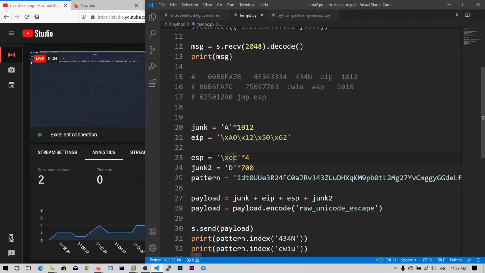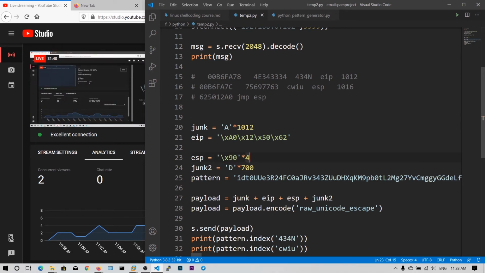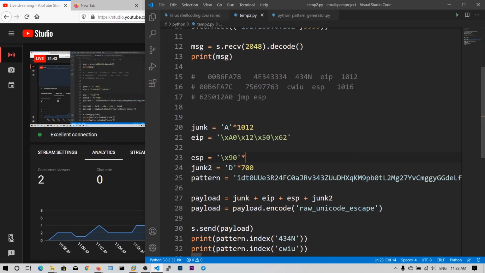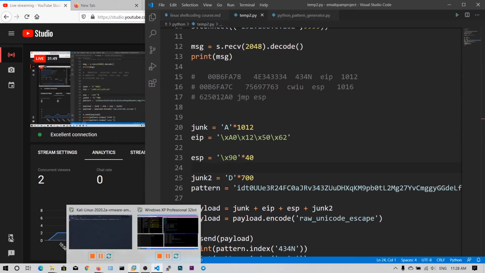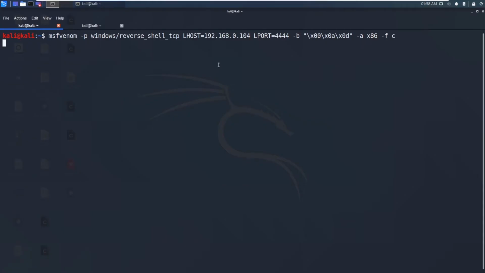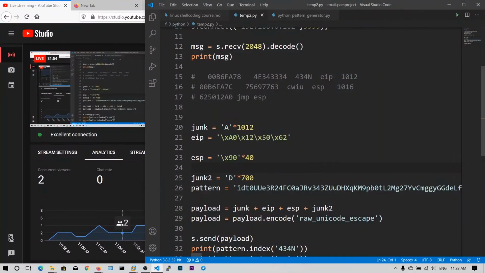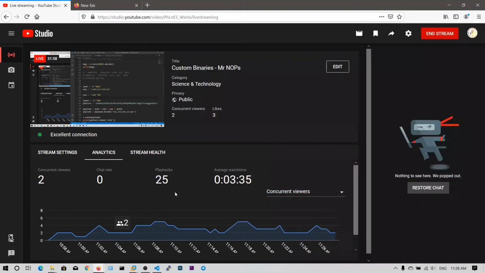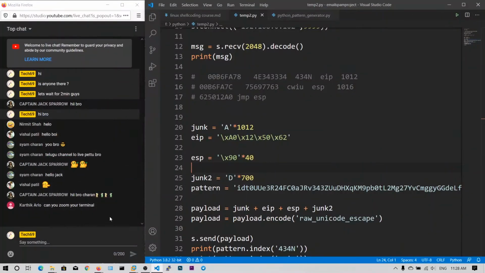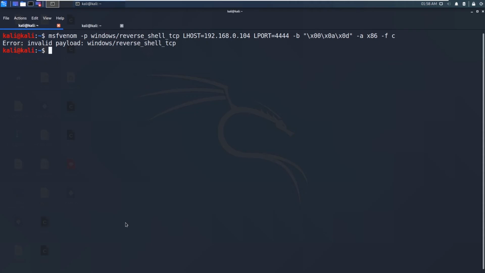Okay guys, now the important twist is we need to put some NOPs. Let's say 40 NOPs, and then we need to place our shellcode here. Now let's do that. Okay, my terminal.